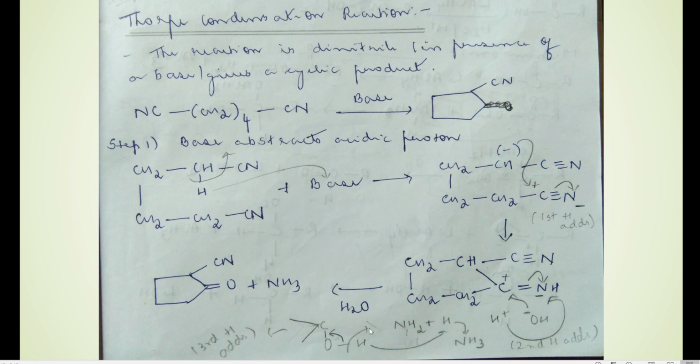What happens? The H gets eliminated and the bond between oxygen and hydrogen gets shifted between carbon and oxygen as C double bond O. Okay, and this hydrogen goes out and this third hydrogen comes and attaches to this NH2 minus, because N already has a negative charge. One more hydrogen comes and attaches, so we have NH3 that is going out. So we have NH3 and we have C double bond O. That's how the third hydrogen is getting added.